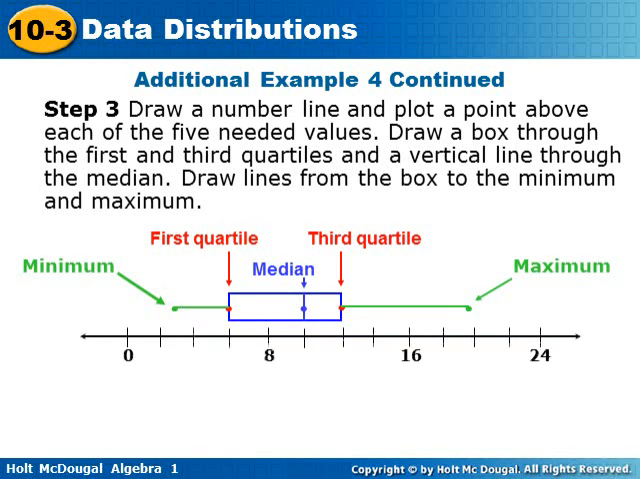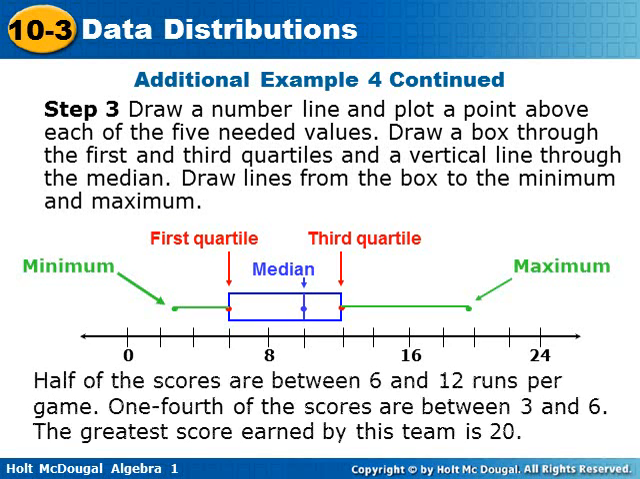You can see we have a dot for the minimum, the first quartile, the median, the third quartile, and the maximum. The edges of the box are the first and third quartiles, the vertical line is through the median, and then we have horizontal lines drawn to the minimum and maximum. Half of the scores are between 6 and 12 runs per game. 1/4 of the scores are between 3 and 6. The greatest score earned by this team